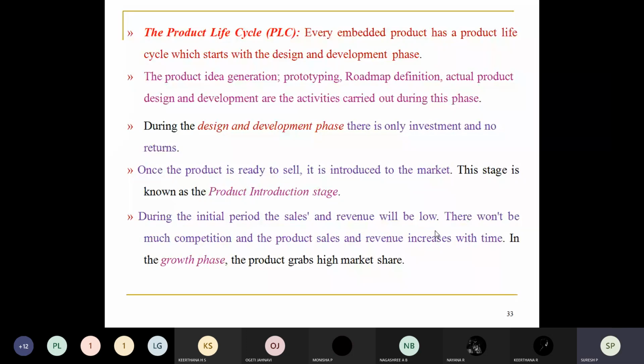So good afternoon to all. In the last class we discussed first about the operational attributes and non-operational attributes. Okay. So now